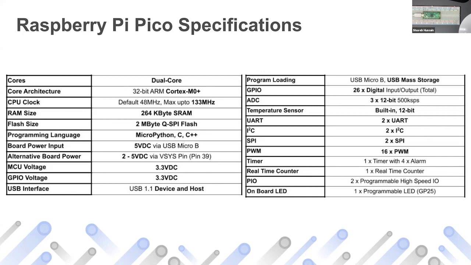Again, there are two SPI ports. Again, it's a serial port, very simple to use. It's got 16 PWMs, like pulse width modulation, right? Practically every pin is pulse width modulatable. We'll look at PWM in just a little bit, right? It's got one timer. We'll also be using a timer in this particular talk. I'll tell you what it is. It's also got a real-time counter, right?